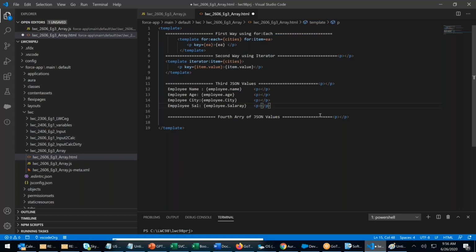We can use for each or iterator. Clear, guys? Yes or no? So you have learned template for each. You have learned template iterator. Two things you have learned.